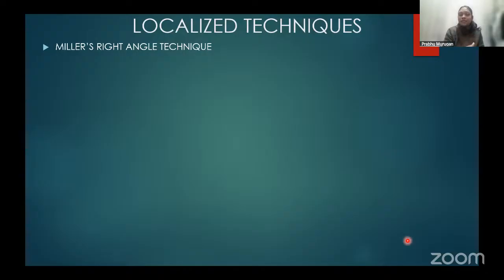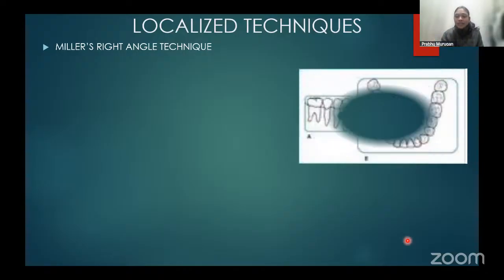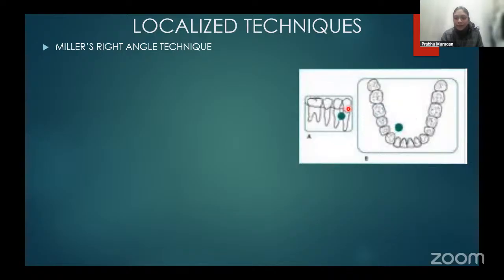So this is the first technique, your Miller's right angled technique. Basically, first you take an IOPA radiograph. See, this green dot is there. This is the impacted tooth or an odontome, for example. With the help of an IOPA, you're able to localize whether it is present mesially or distally to one particular tooth. After that, if you take an occlusal radiograph, you'll be able to locate it if it